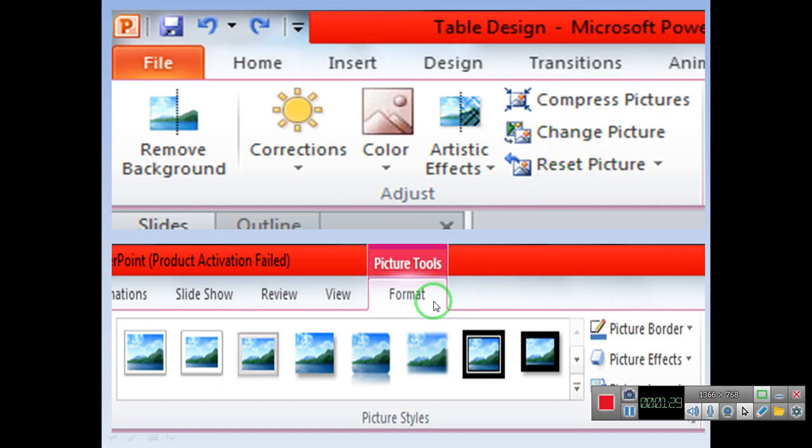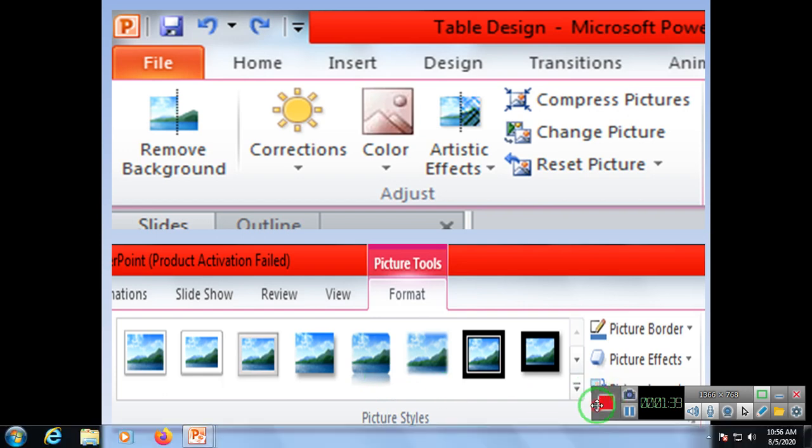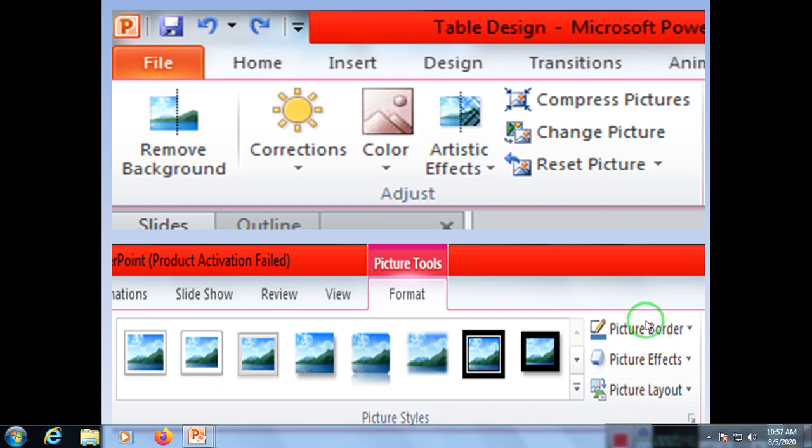Then in the Format tab we have Picture Styles as a group. In this group we can set a picture in different styles. And if you don't like these styles, then we can go for individual things like picture border, which type of border you require, which type of effects you require, and which type of layout you require.